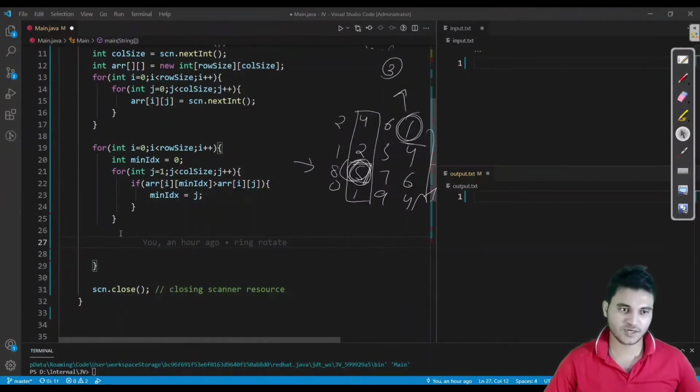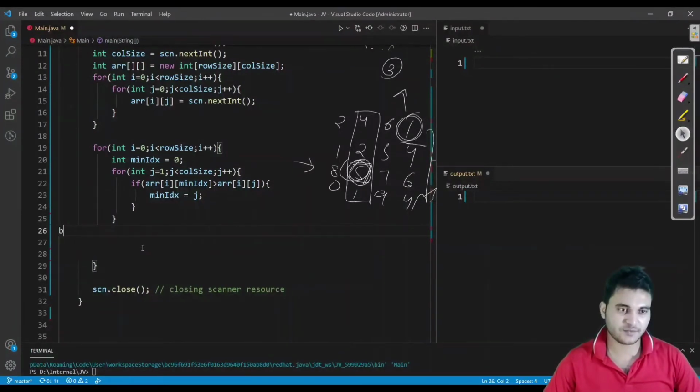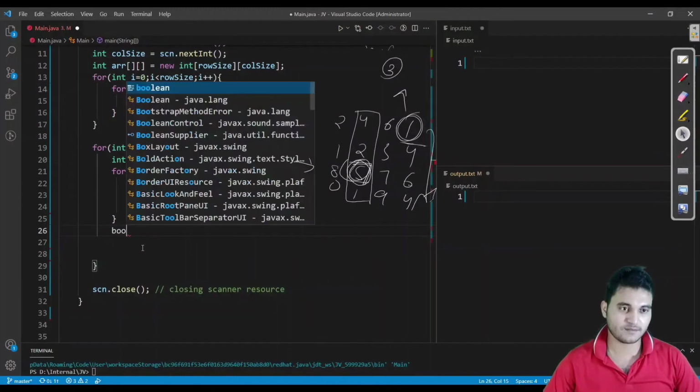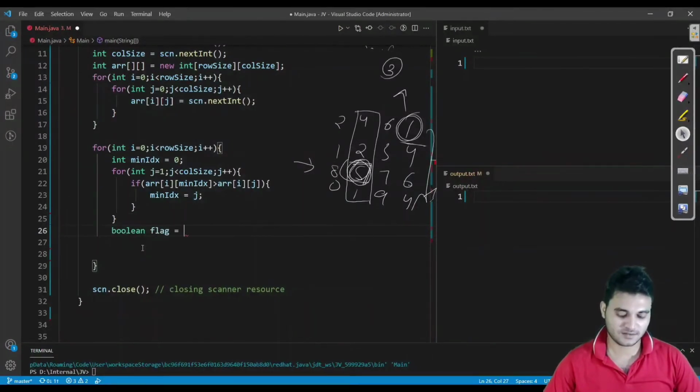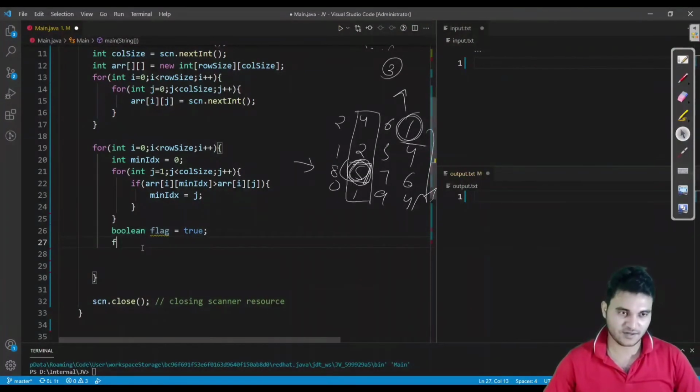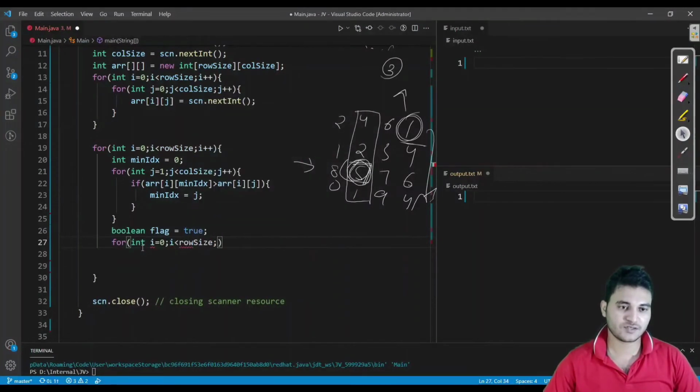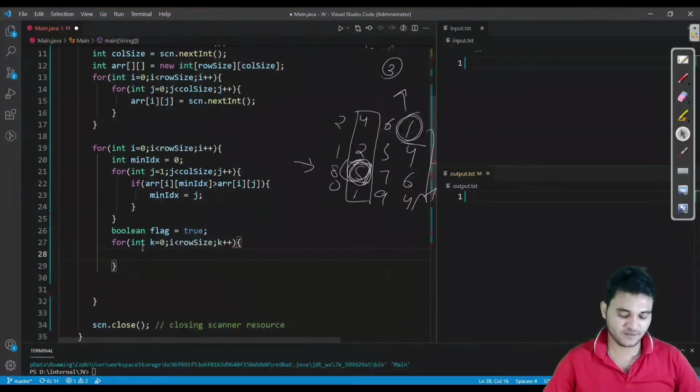So the same thing I am going to write here. Let us take a variable, boolean flag equal to true. Let us consider that this is the saddle point. I will check each row for this column. So of course it is going to be up to row size, k++, because we have already defined i in our parent loop. We cannot use the same variable, so I am taking k. Then we'll check if